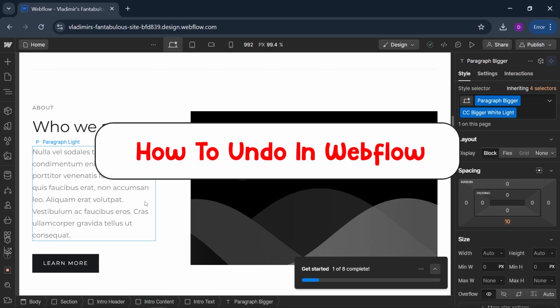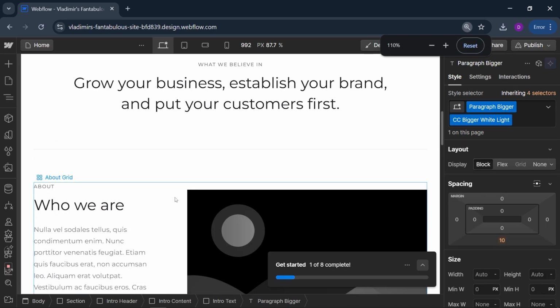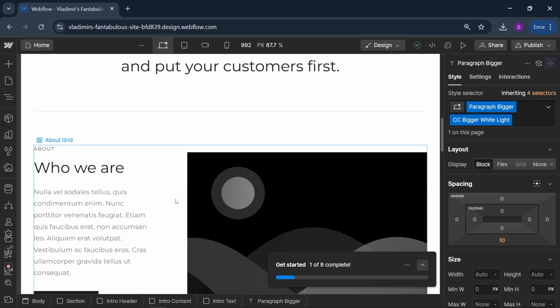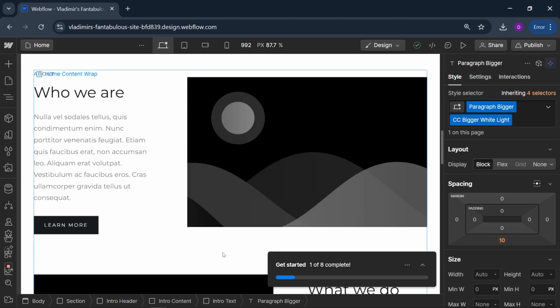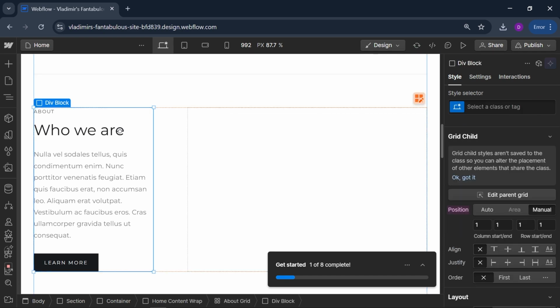Here's how to undo in Webflow. Now, for us to get this done, the first thing I'm going to do is head over here to my Webflow. And yeah, say for example, you have made a mistake while editing your Webflow. Say for example, I'm going to go ahead and try to delete everything that I have here. So I'm going to delete this,